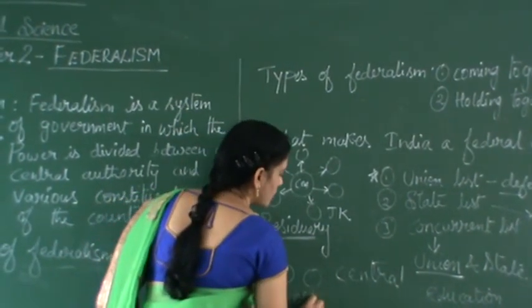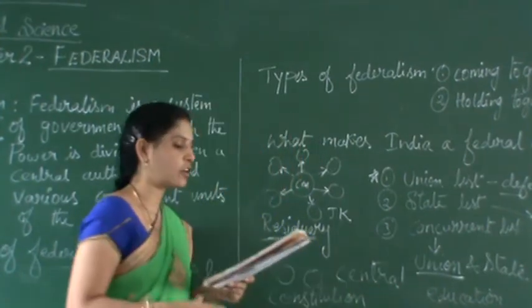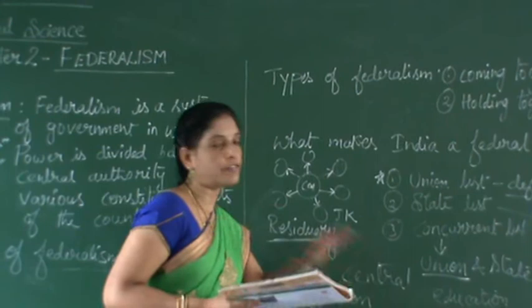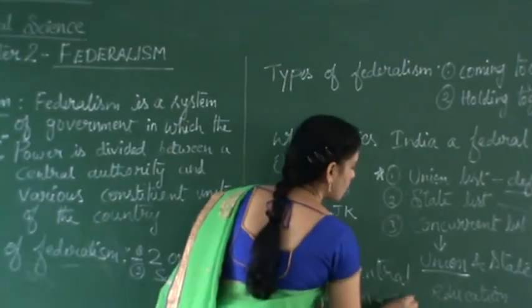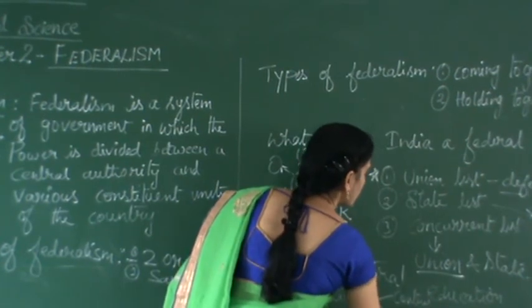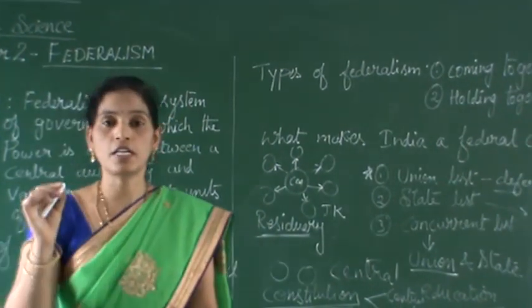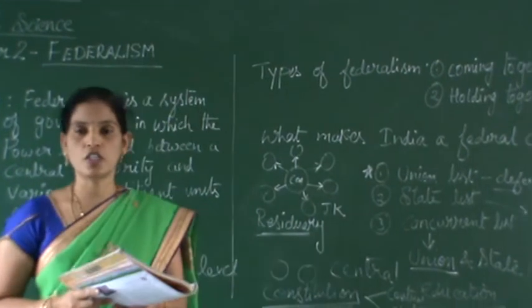during the formation of the constitution, the division of power between the central government and state government is based on the structure of the constitution. So any particular state or the central government cannot change this structure